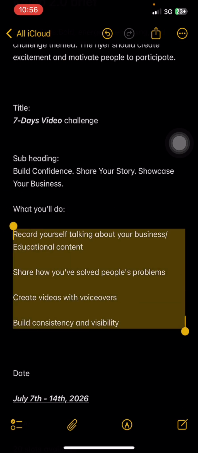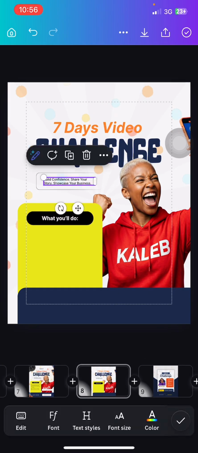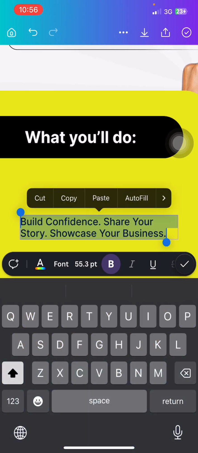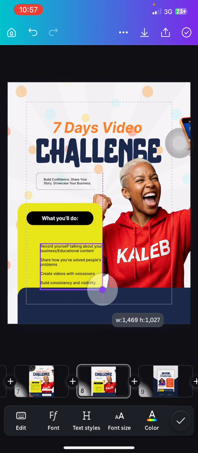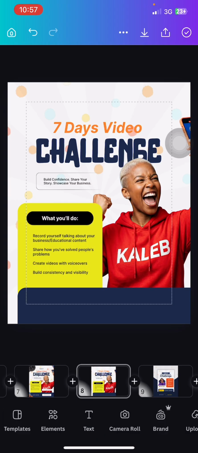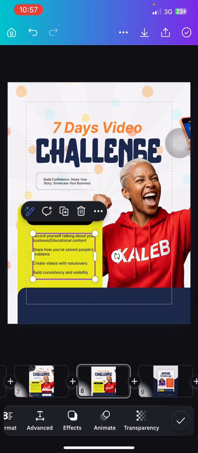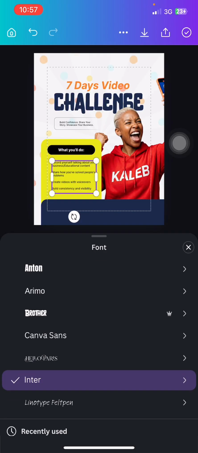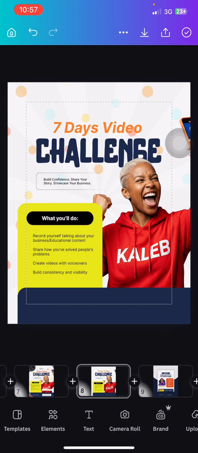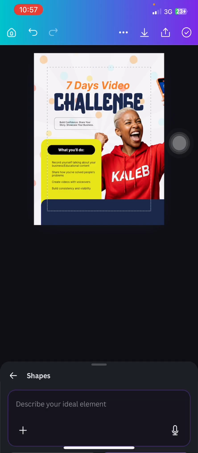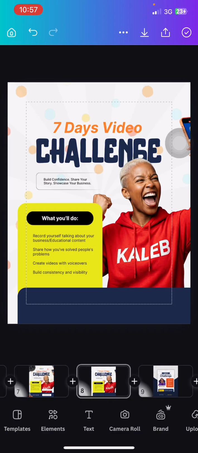Then I copied the other information, pasted it, and increased the size. Then I changed the font weight to regular. Then the next thing I did was